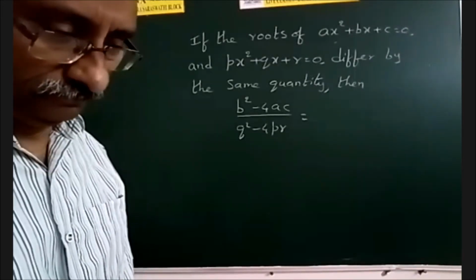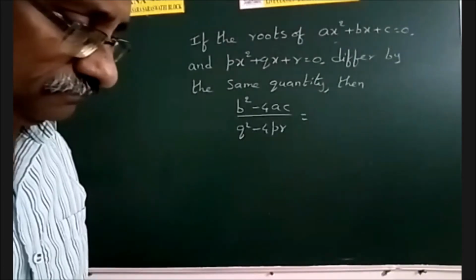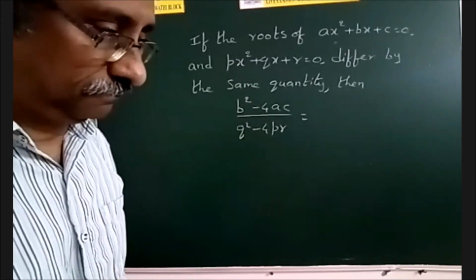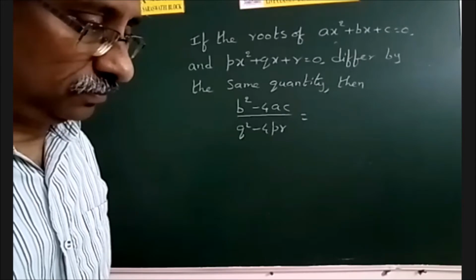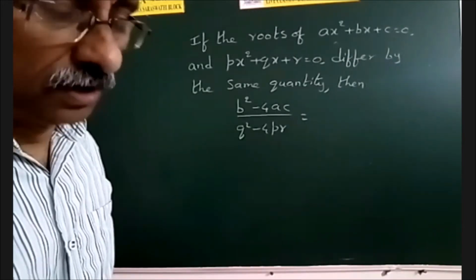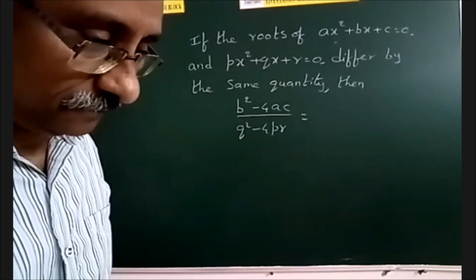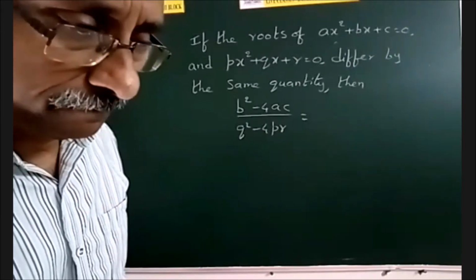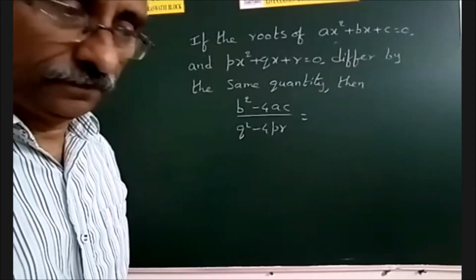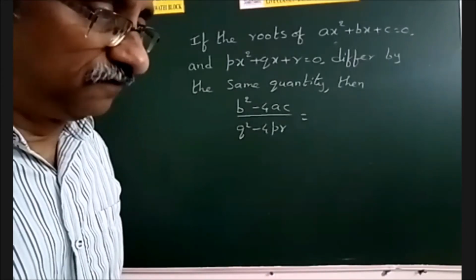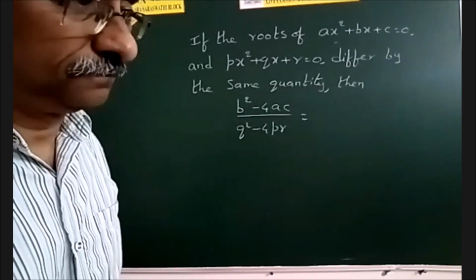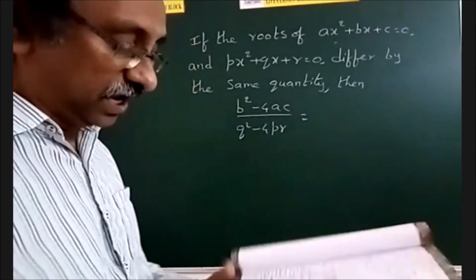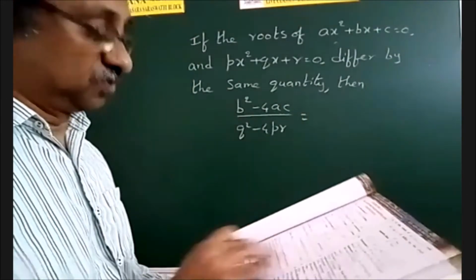Sir, I did p square minus 4 is equal to 0, right? So I did p square minus 4 into 1 into 12 equal to 0, and then I got p equal to 7. What is that 12? What is the first step? D square minus 4 is equal to 0, sir, because roots are equal. For which equation? The question I didn't write, sir. I have the question. See. Okay, sir. So which question?